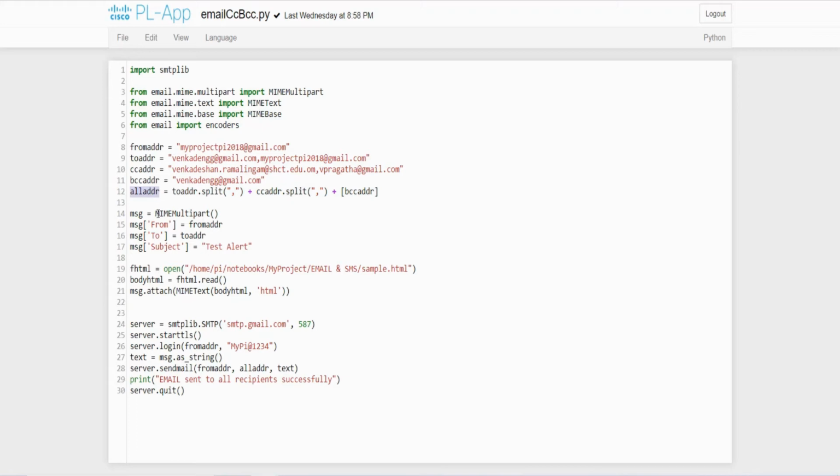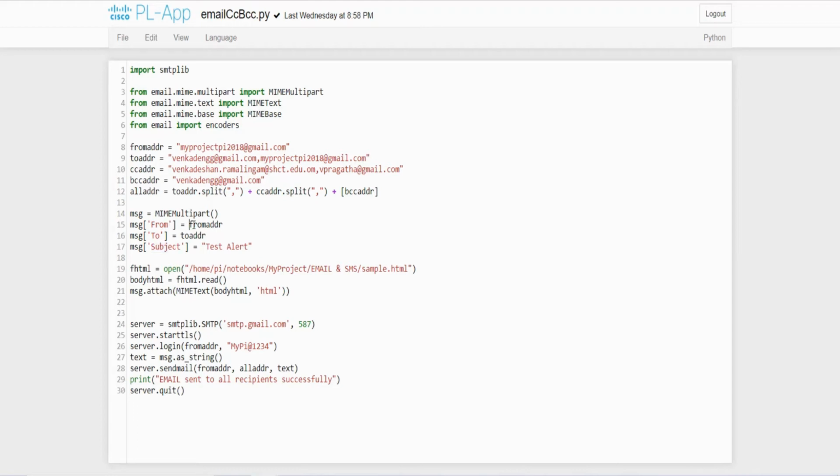Next, here I invoked the constructor MIMEMultipart, which is inside the package, and store it in the reference message. Followed by that I initialize the fields like from, to and subject.